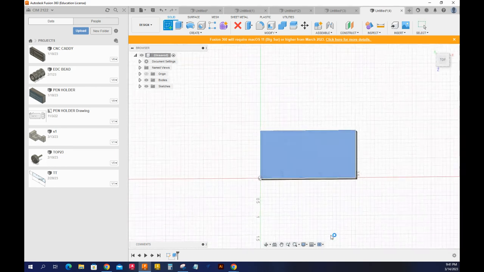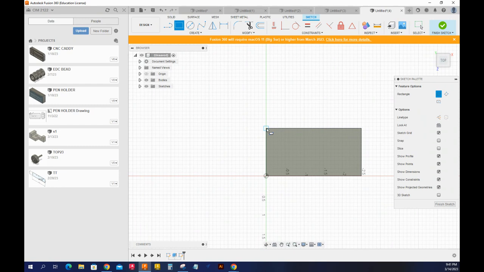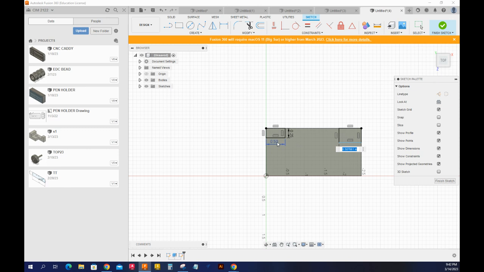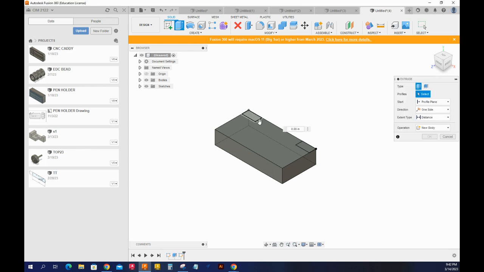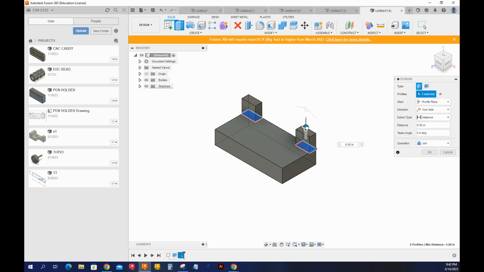I'm going to do a sketch on the top. Do 2 rectangles, locked down to the corner like it's supposed to be. It's going to be 2 times 0.25 wide and 0.25 deep. I want them to be identical, so I can just click on that dimension and they match. Click on that dimension and they match. Finish. Extrude 1, 2, up